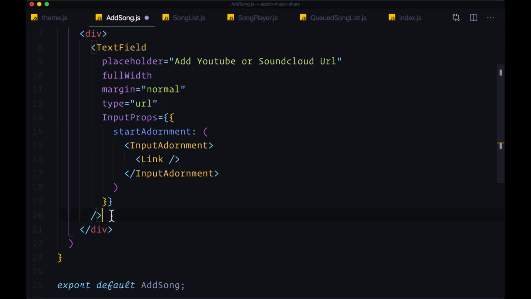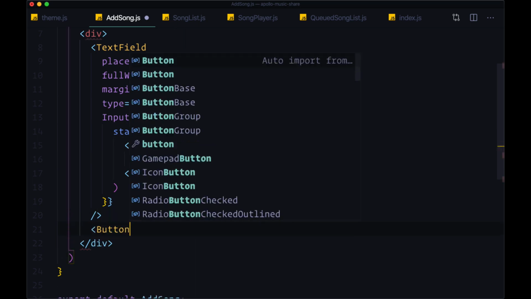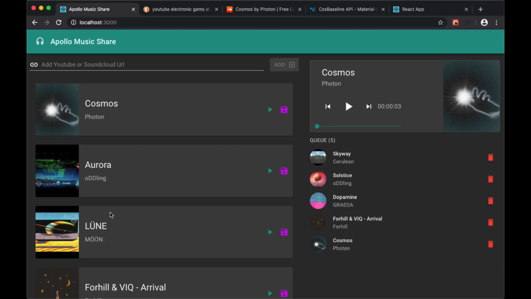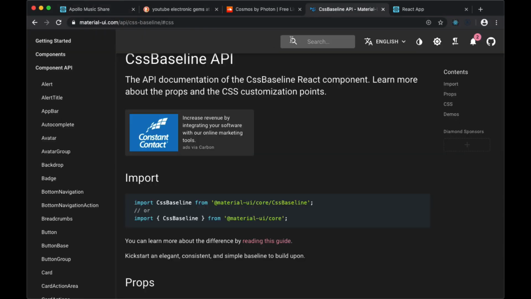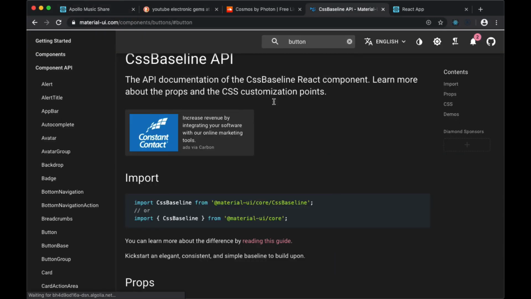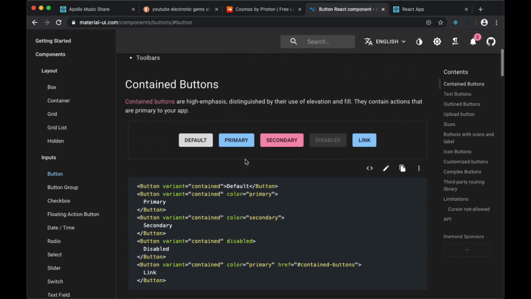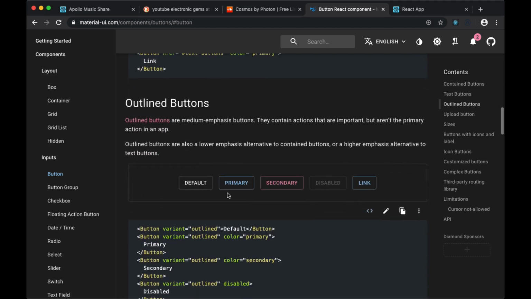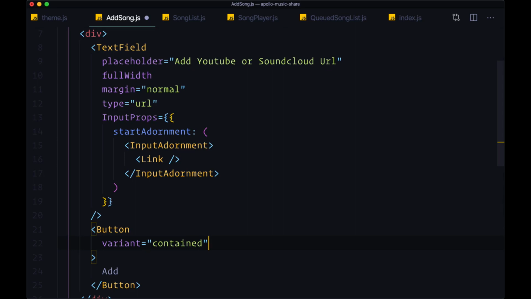And then underneath the TextField, we're going to have a Button with the text "Add," where the variant is going to be contained. So there are a number of button variants that you can take a look at. The normal one is a contained button, but you also have these text buttons that don't have any background, as well as outlined buttons. And the color is going to be primary,